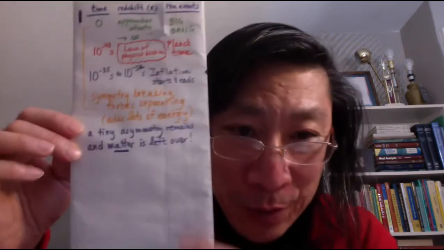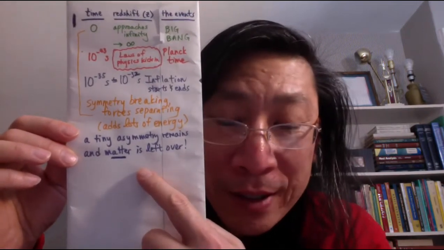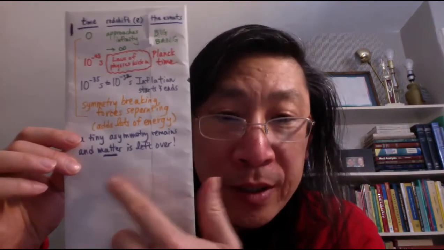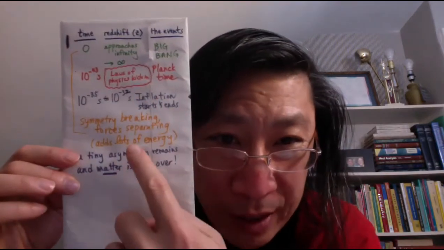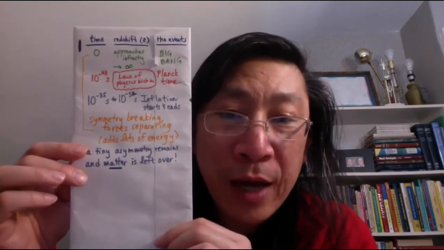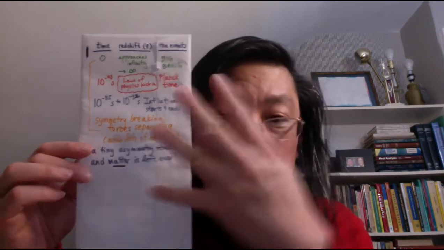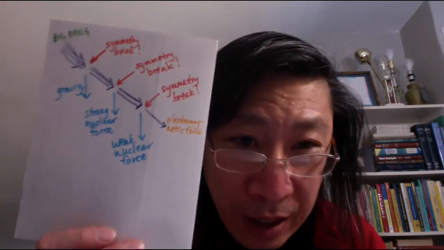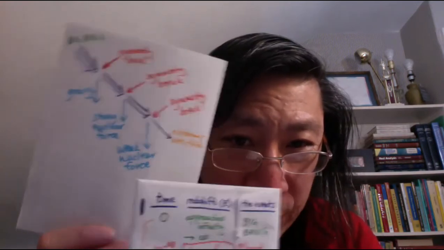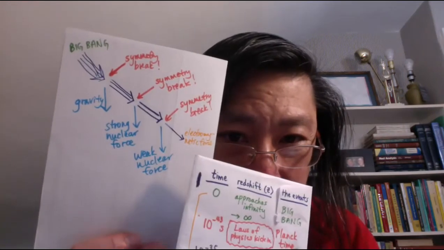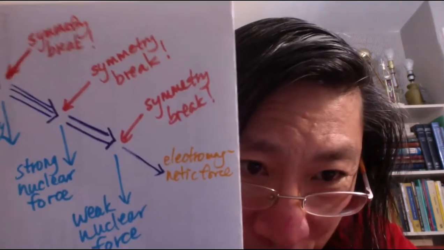But here's where we are. At this point, we can jump to the point where all the symmetry breaking is done. It's about a billionth of a second or so after the Big Bang. So from 10 to the minus 32 to a billionth of a second, we've broken all the symmetries. We now have 4 fundamental forces. Remember how the 4 forces were symmetry broken this way, and it came out to gravity, the strong nuclear force, the weak nuclear force, and the electromagnetic force, which still exists over here. I kind of drew it in a different color. It's hard to see, but you guys can see, right? Yeah, electromagnetic force. So these are 4 forces that still exist now because of those symmetry breaks.